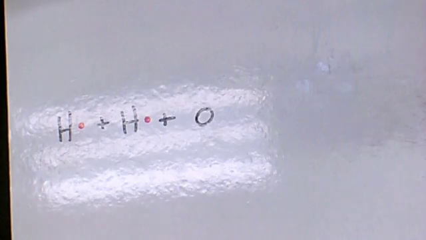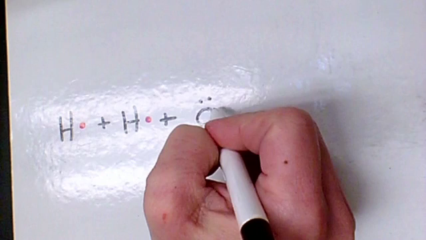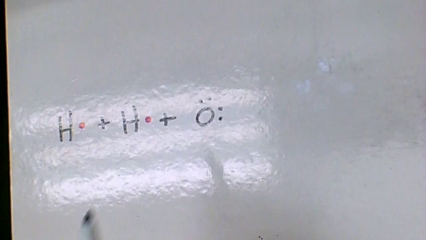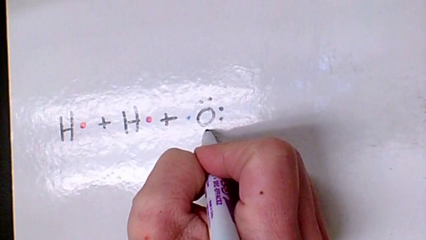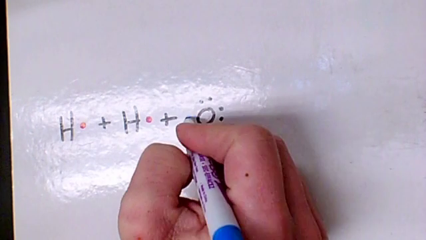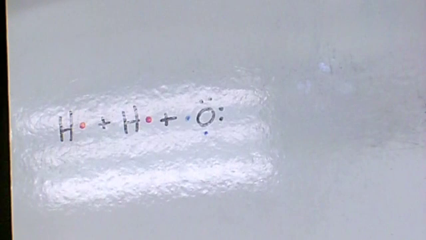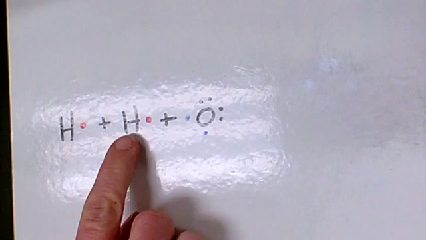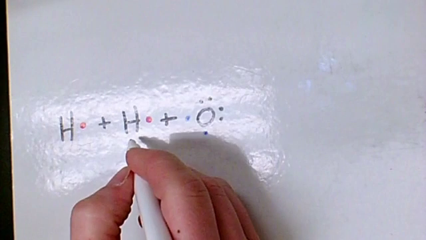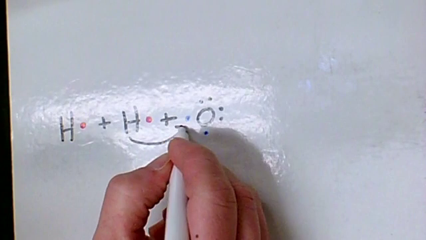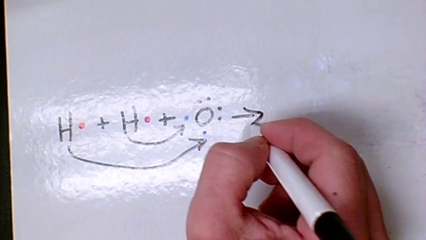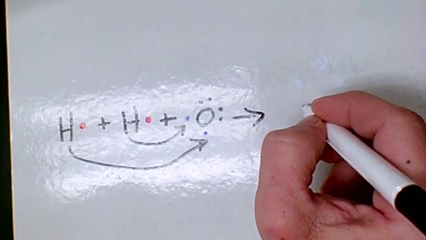And then oxygen, and its bonding electrons there. So we can see that we can attach one hydrogen here, another one there. So when we do that, we get